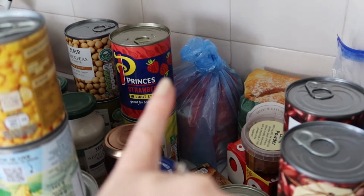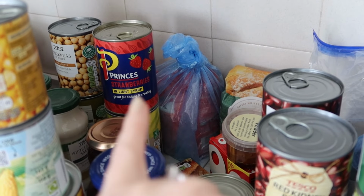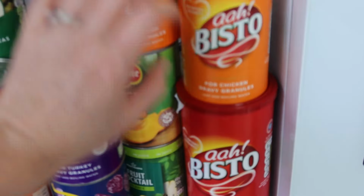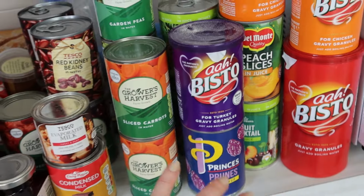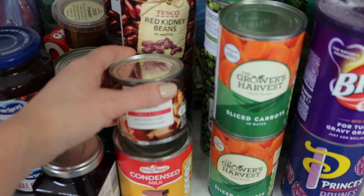Basically we've got some fruits and things. We usually use these in crumble. So my husband hasn't done a crumble for a long time. And we've got loads of other stuff. So like, you know, peaches. He usually likes to use peach actually. And then some fruit cocktails as well. My mouth is watering. As soon as I mention crumble, I'm like, but yeah, basically got some evaporated milk